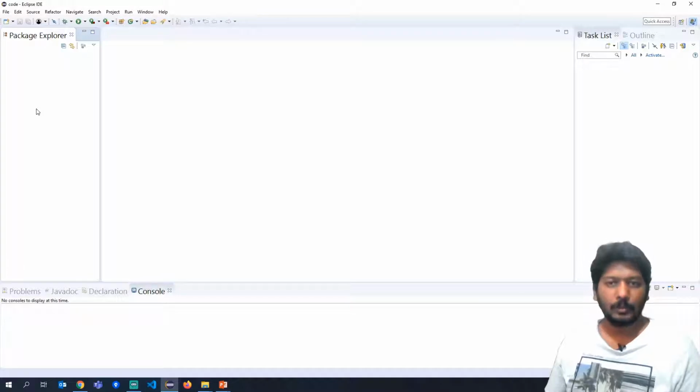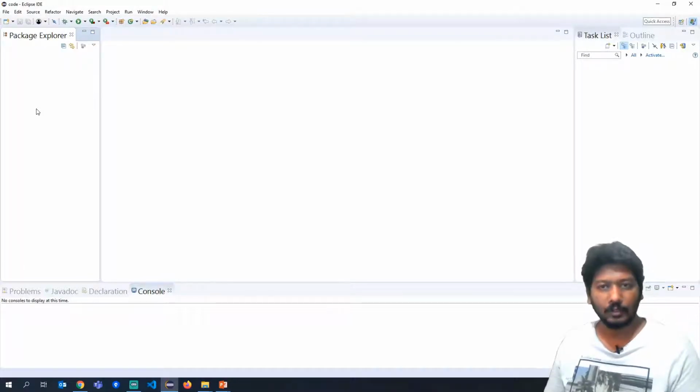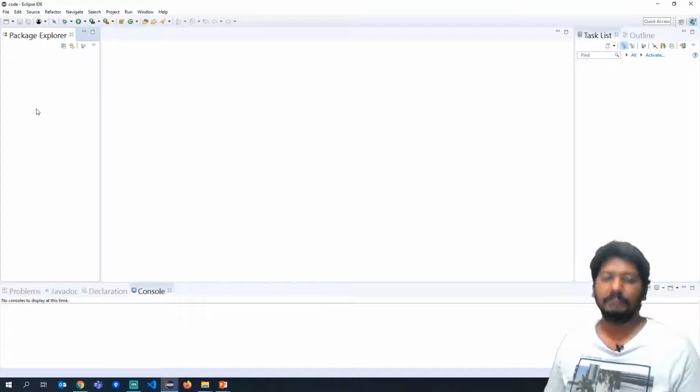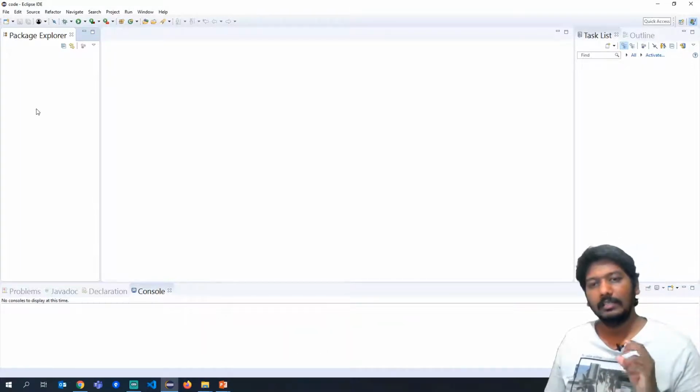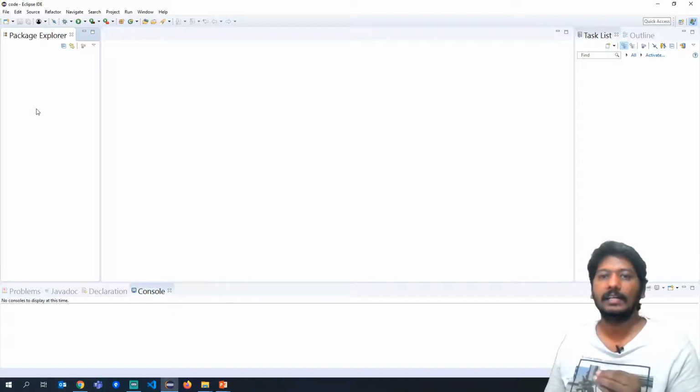Okay, before progressing into the part of writing the code, we should understand that there are some libraries which are already available in internet by the Java community. It is called Apache POI. So we use Apache POI libraries to interact with the Excel file, or to read and write data into the Excel file. Okay, so let us first now create a Maven project, and then we will continue how to add those dependencies of Apache POI.